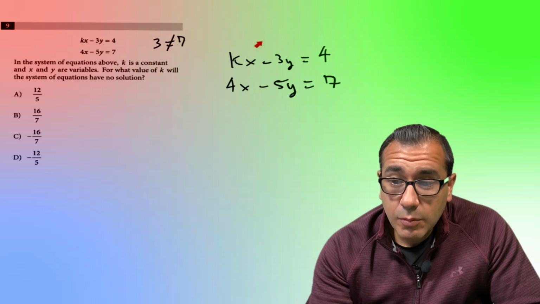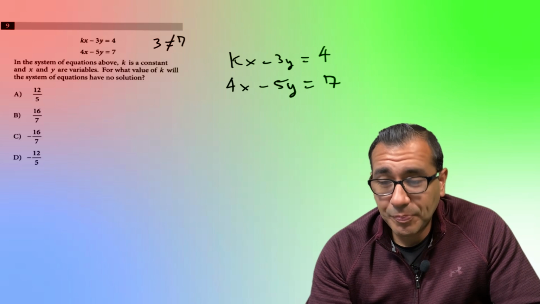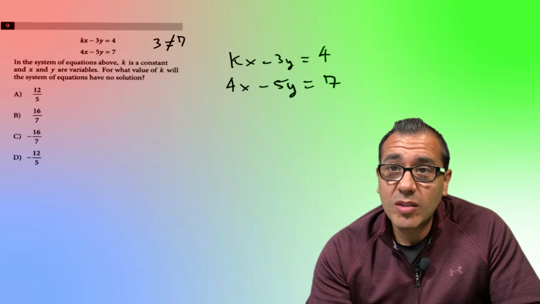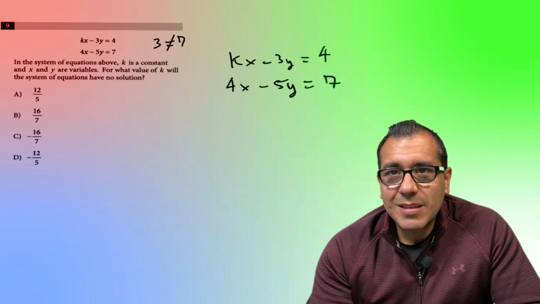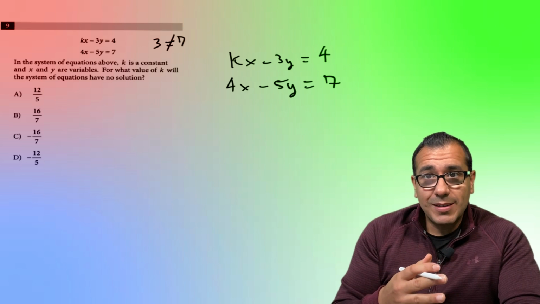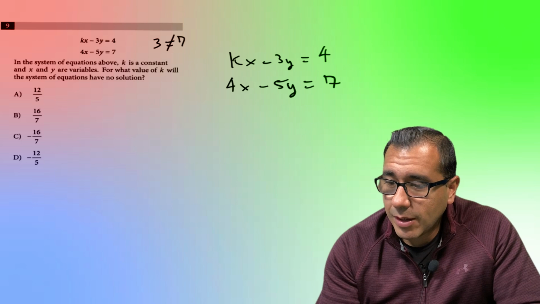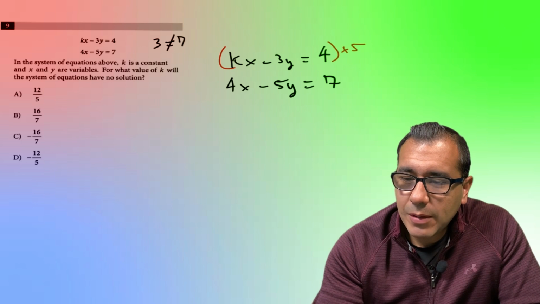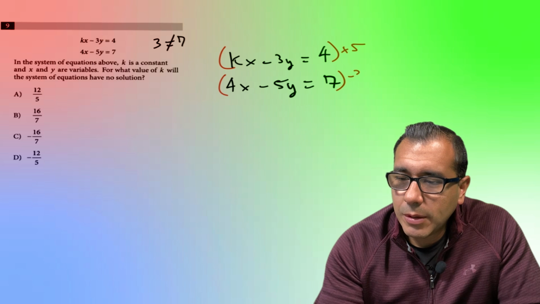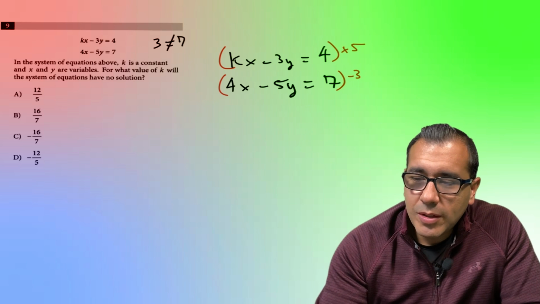So what I'm going to do is I'm going to multiply this top equation by 5, and I'm going to multiply this bottom equation by -3, so that both of these become a positive and -15. And then we'll see the y's canceling out. So let's go ahead and do that. So I'm going to multiply top equation, we said, by 5, and the bottom equation by -3. All right. So in doing so, we're going to be left with